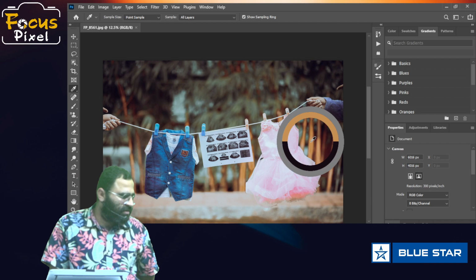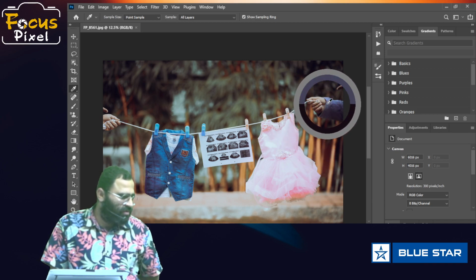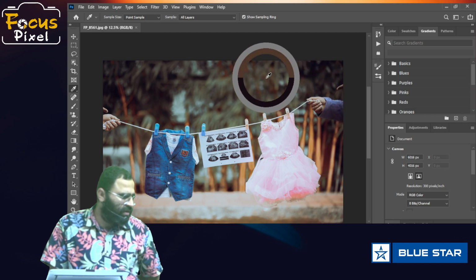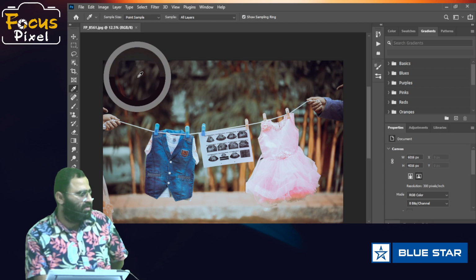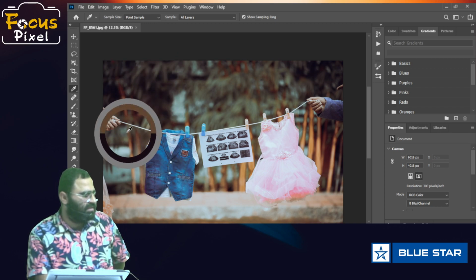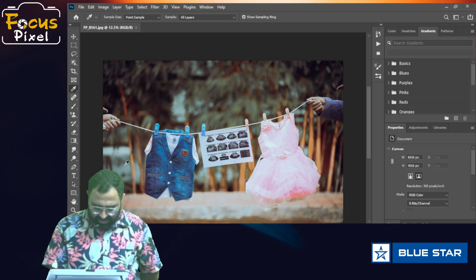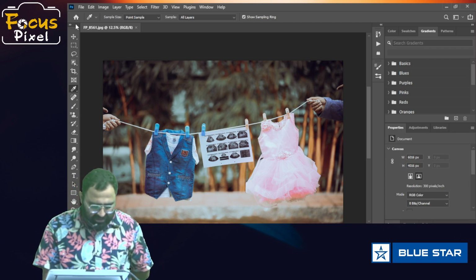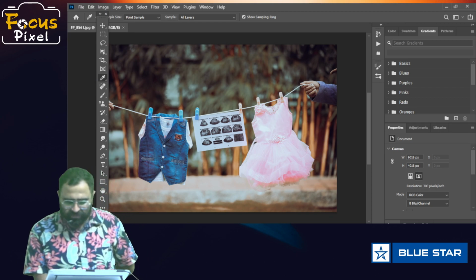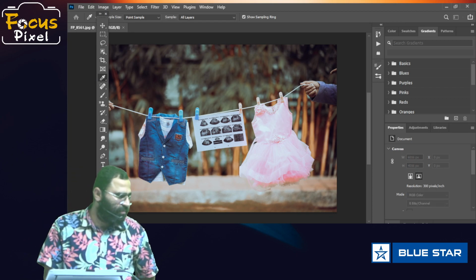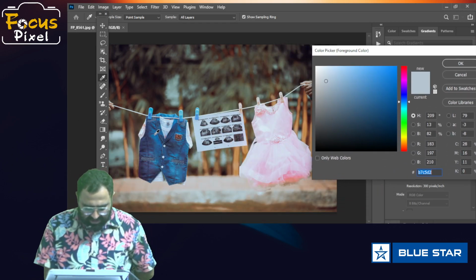Then a bit of brownish is there. Here is the light green, faded green part. These are the colors. Now this entire color format is made up of three colors, as we can see. I'll select any one color.